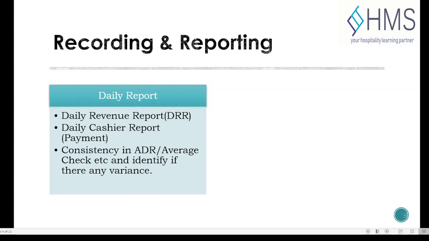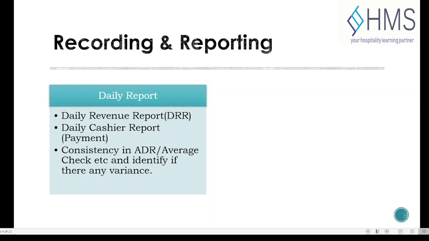You will know what is the general ADR of the hotel by segment. So if in any segment for any day some variances are happening, then that's a sign that maybe something is wrong. Or even if something is correct, it just reflects something may be wrong, right? So that's the analytical part of the income audit job, which is kicking in to make sure that the revenue